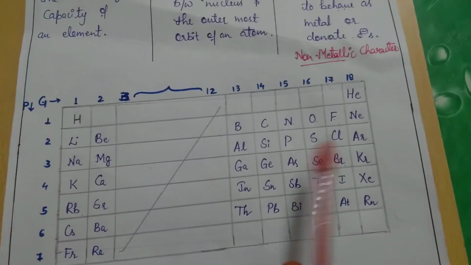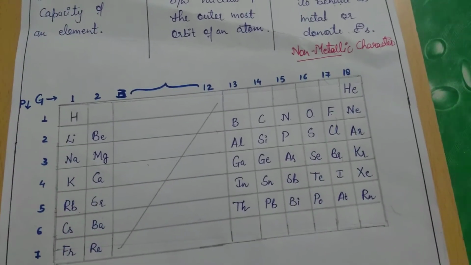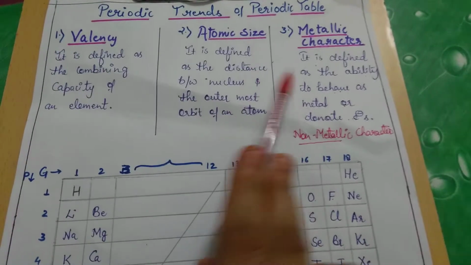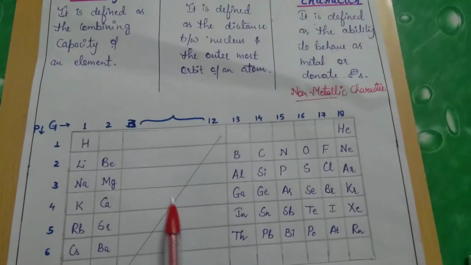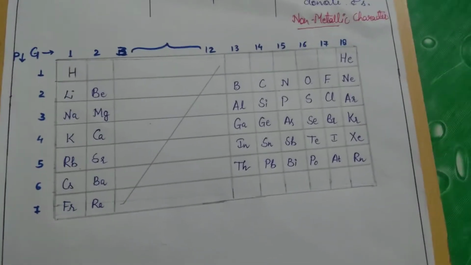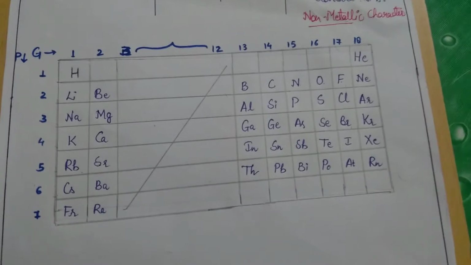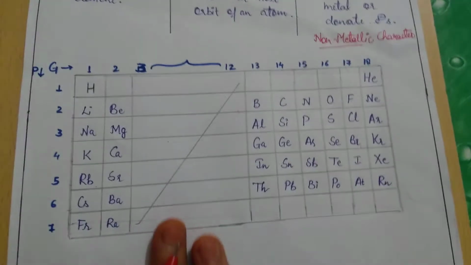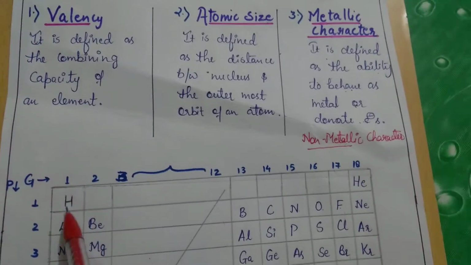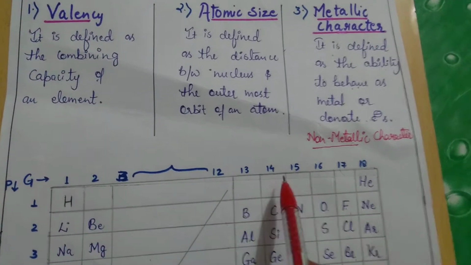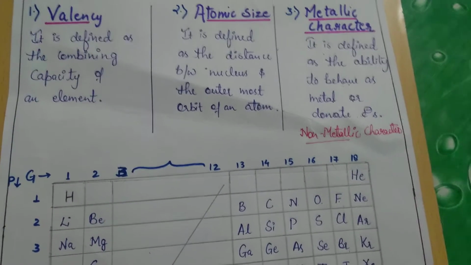So for class 10th level, the S block and P block elements are important for you people. So we will just check out these trends like valency, atomic size and metallic character in the periodic table. But before that, let me tell you the simplest way of learning the valencies of these groups. Just remember one thing, for valency up to 4, you can simply say that it is the number of electrons present in the outermost orbit.